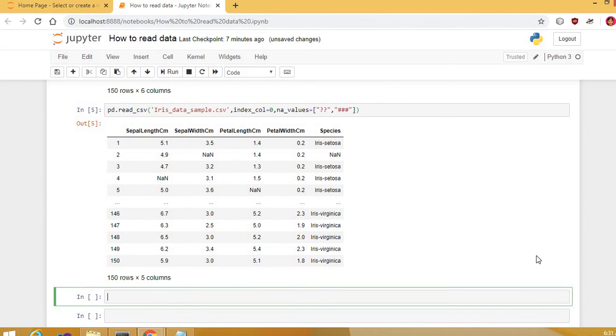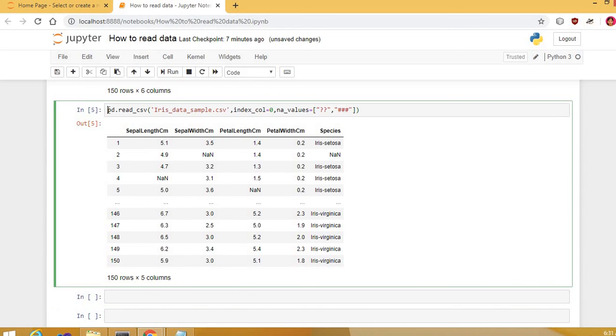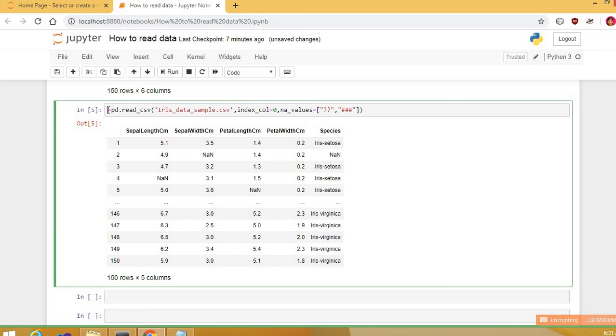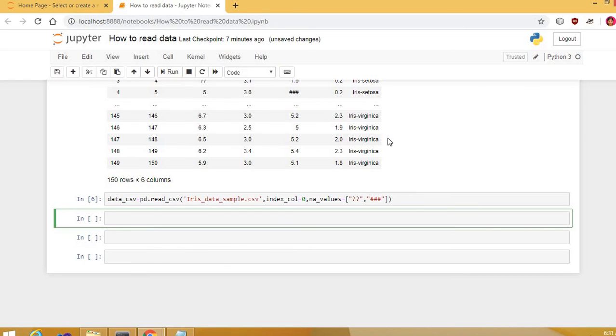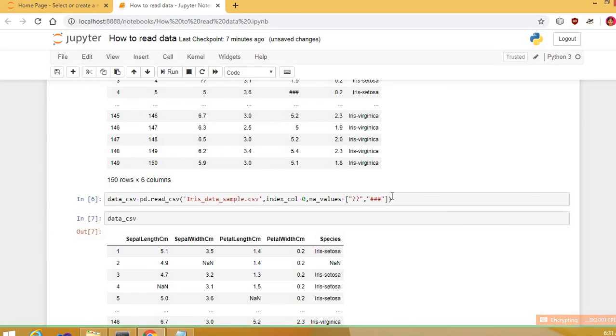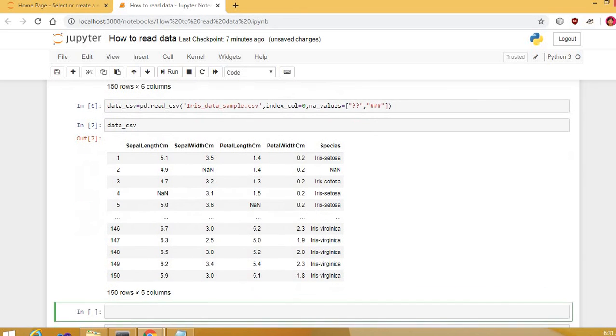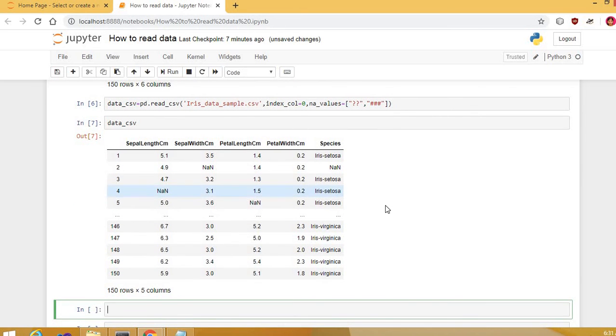Now when we assign this to data_csv, we will not get any output, but when we run data_csv, the contents are like this.